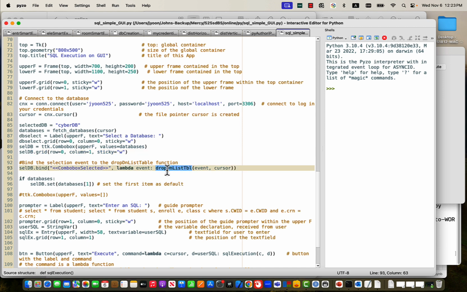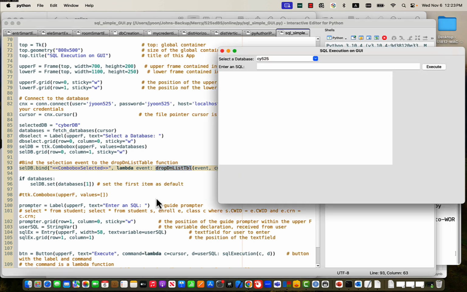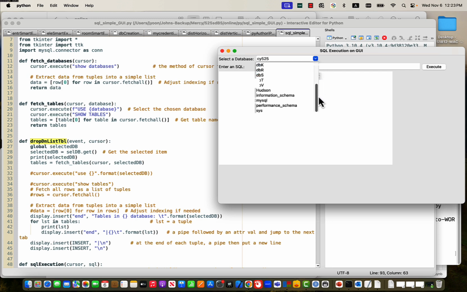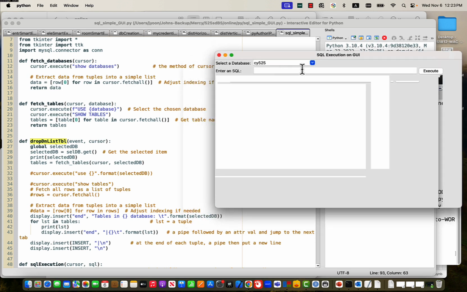That function has a drop-down list of tables. So first we have to choose here. A database needs to be chosen. So there are many databases available. Okay, so for example, CyberDB,